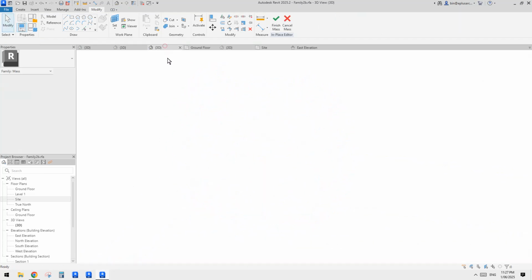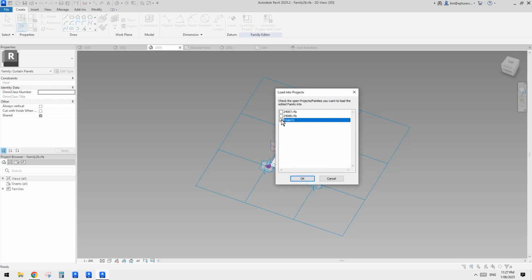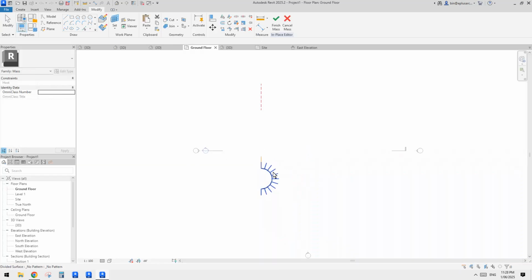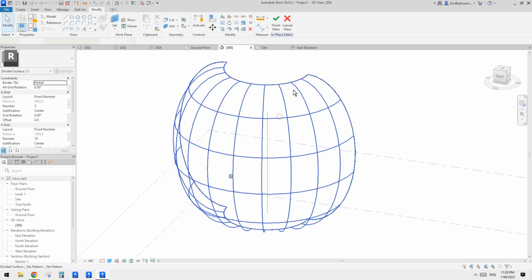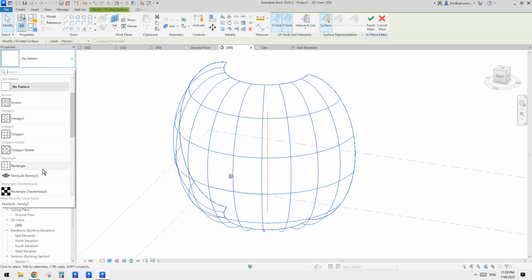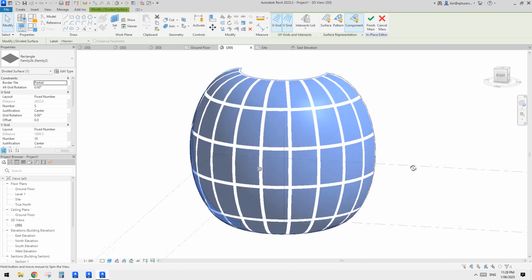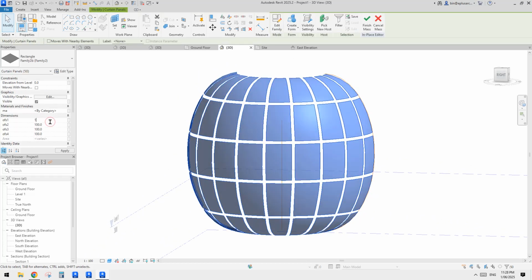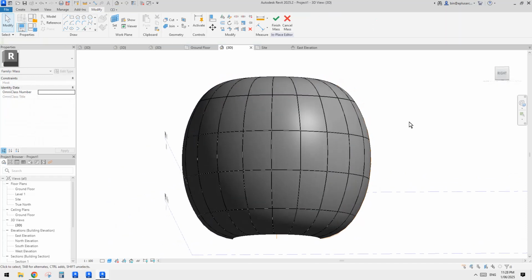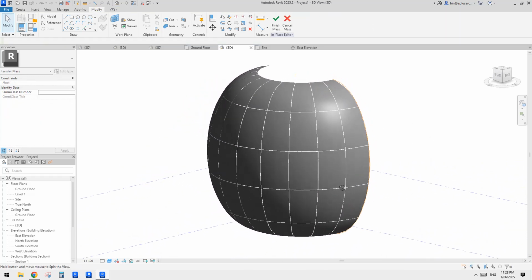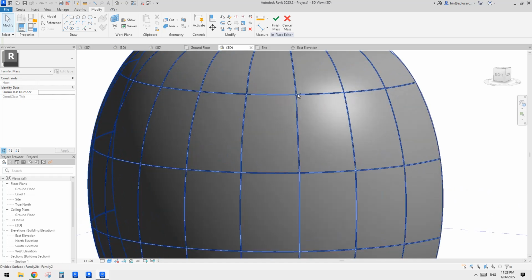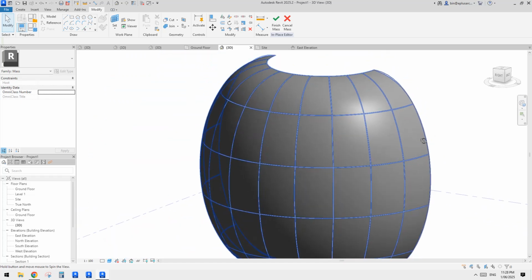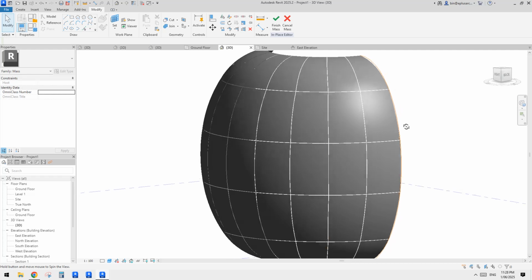Okay, so now let's go back to that family, load this into this project, and now go back to 3D view, select divided surface, go to drop down menu, and we can load this family. Okay, so this is it, and I'm going to select all of them and maybe just adjust this gap a little bit so it's not too big. Okay, so now we have this, and actually I noticed that it's not perfect, so you can see here, a little bit, yeah, you can see it's not